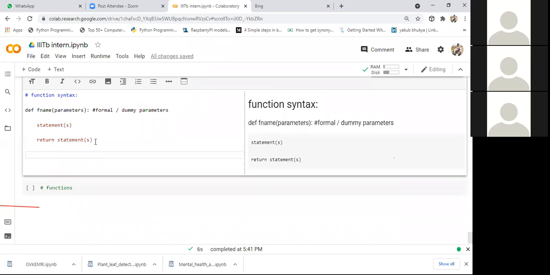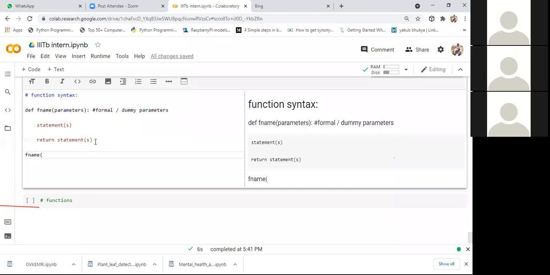After defining this function, we need to call this function. Whenever you want to call this function, we need to specify the function name, and here we need to specify parameters. So it is a calling function. Whenever you call this function, guys, whatever parameters you specify here are called actual or real parameters.